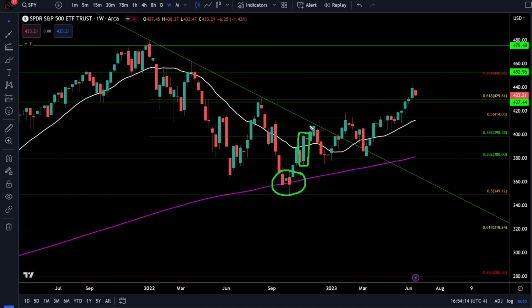And then we had a rejection from this resistance, came down and put in a higher low from the previous low where we bounced off the rising 200 simple moving average, and then we bounced and broke the resistance trend line from the bear market and put in a higher high breakout. So if we just look at this price action very simply, we can see that on that breakout of that higher high, once we had the pullback, it was into another higher low, and then we proceeded to break out